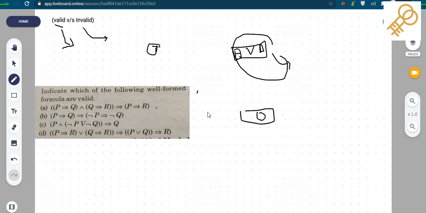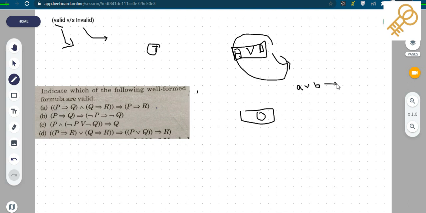So let us see with an example. Before moving towards the example, I want to give you one trick that can be used to check whether a given formula or relation is valid or invalid. As we know, for invalid, at least one combination will give us a false value, right? In the invalid case, we will try to find the one case which gives us a false value for the given expression.